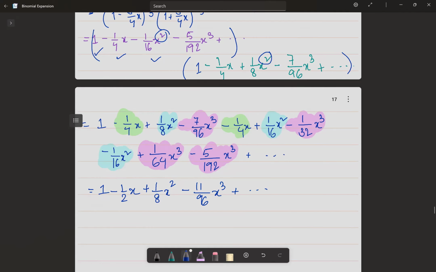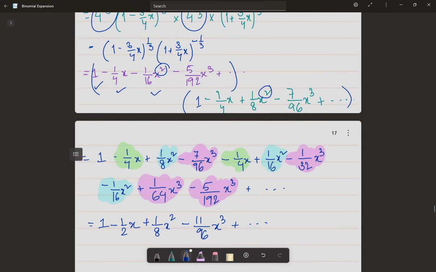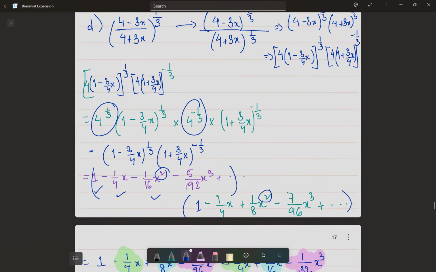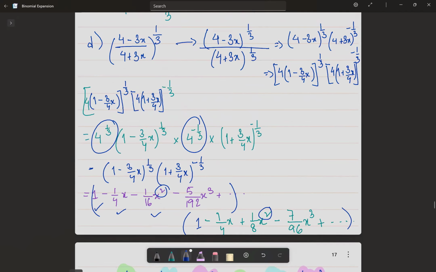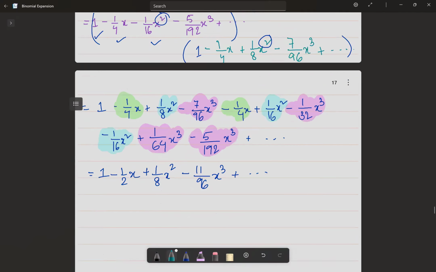All we had to do was pick out the terms which were similar in the power. In the other method that we have, the method that requires simplification of this one, what we have to do is